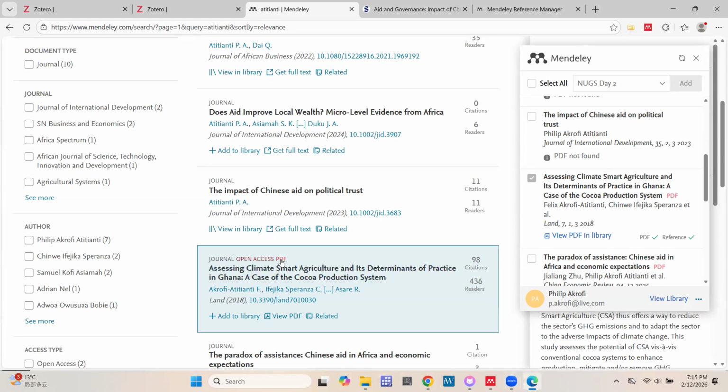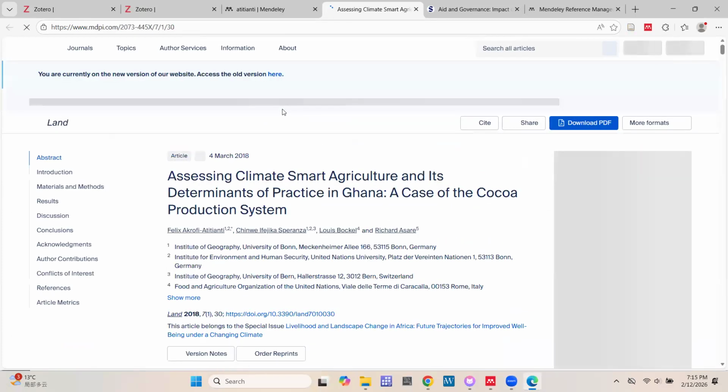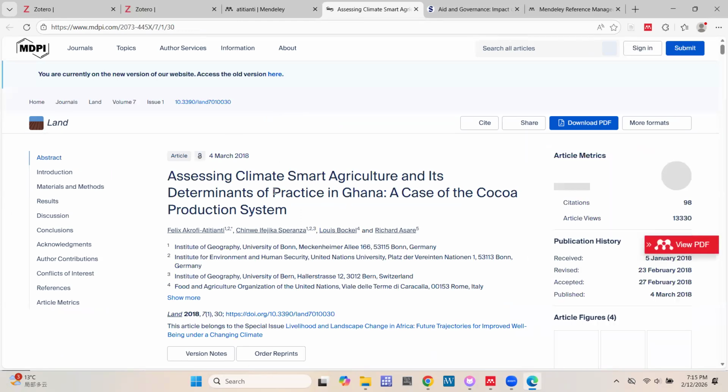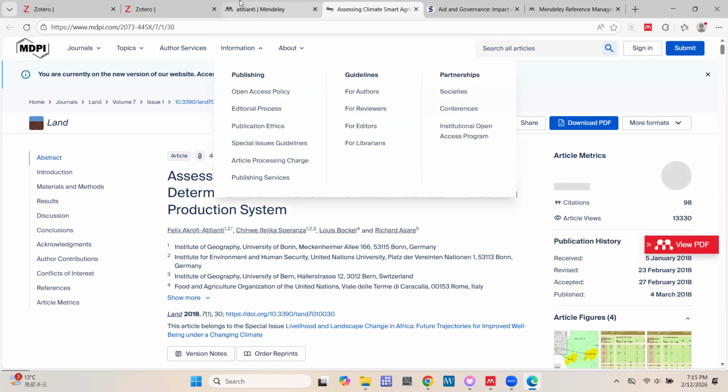Which I think gives us at least one potential reason as to why it struggles. So maybe Mendeley works better for some journal websites than others, and that could be the reason why it has those struggles. So this is MDPI. Okay, so it was able to access the MDPI website much better.